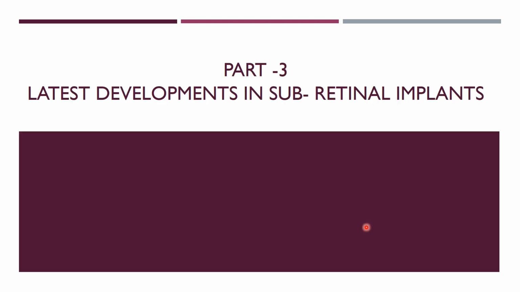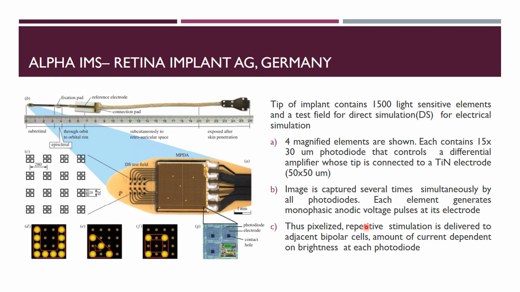Now, let us see some of the latest developments in subretinal implants. Firstly, we'll go through the Alpha IMS, which has been developed by Retina Implant Germany. In the figure we can see the implant. The tip of the implant contains 1500 light-sensitive elements, and then there is a direct stimulation field for electrical stimulation. In the magnified figure, we can see 4